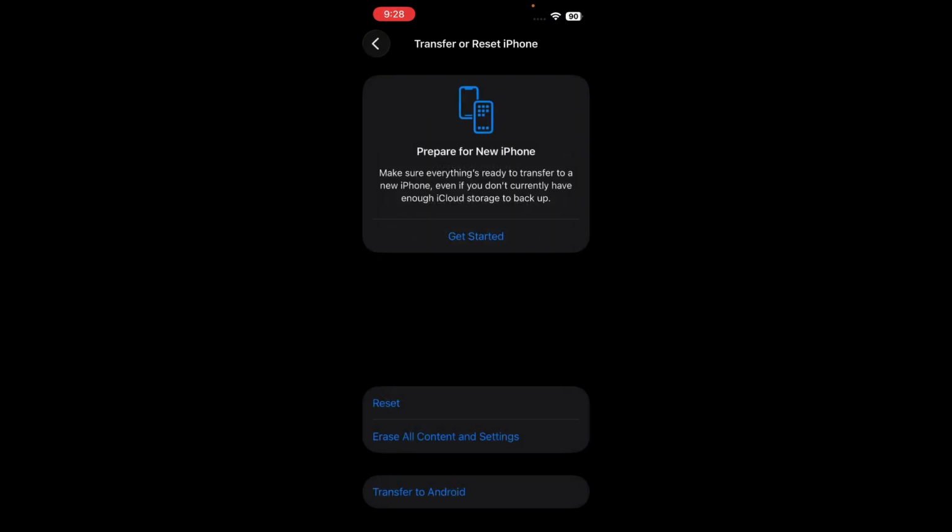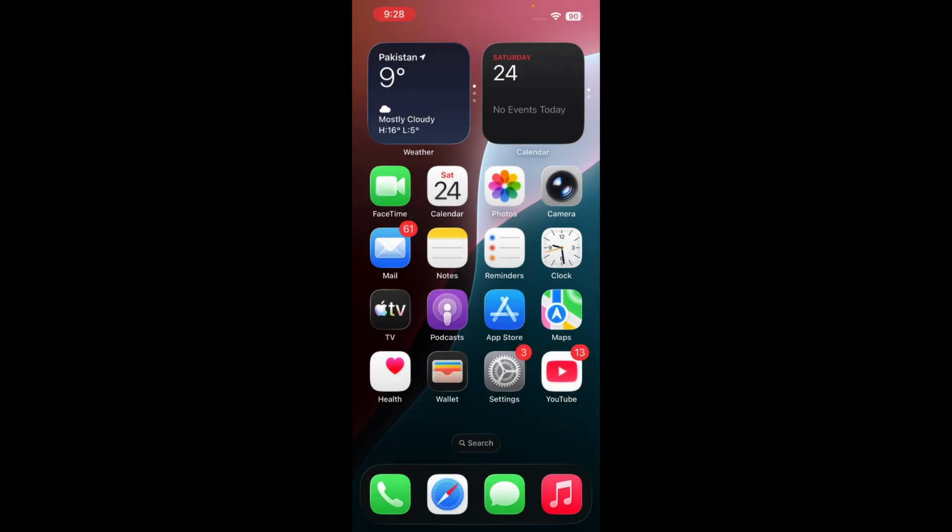After that, just go back and power off your iPhone. Press the volume up button and the power button and power off your iPhone